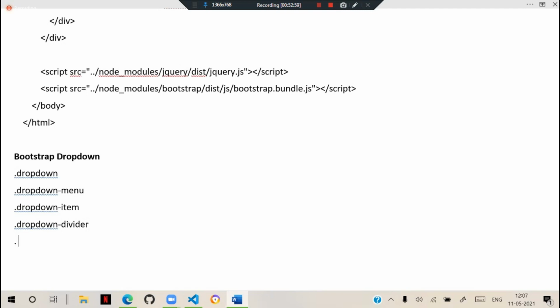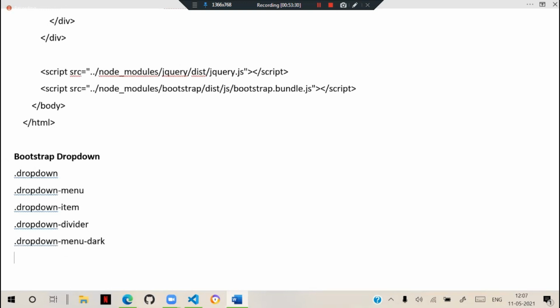The divider is used for showing a splitter, to separate our items. These are the basic things we use. Recently they introduced themes for different effects, so a dropdown menu can have a dark theme.